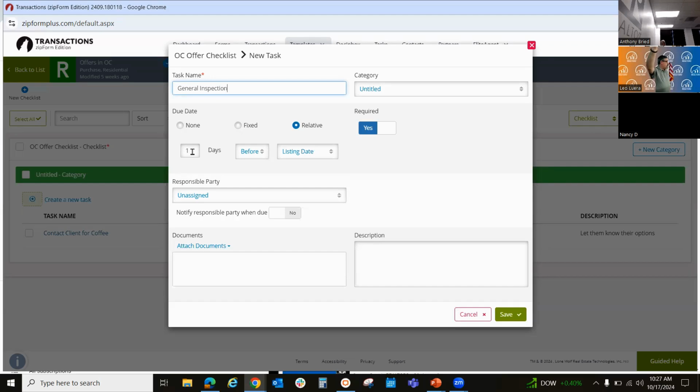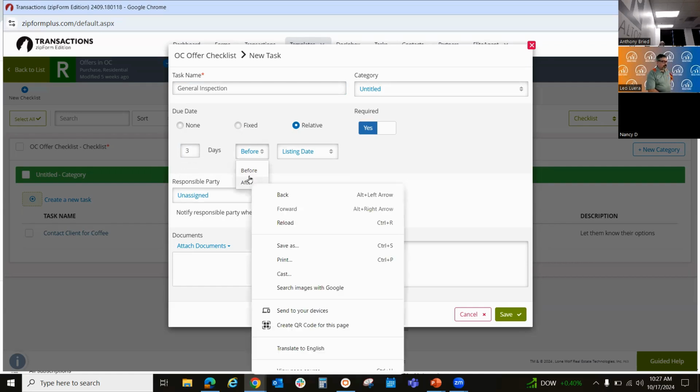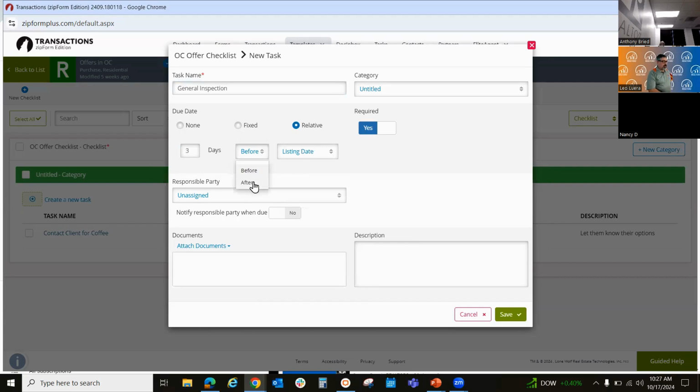The faster the better, right? So how many of you like to do an inspection at least within 2 or 3 days? Good. 2 or 3 days before or after a time period. Do you do it before acceptance? Do you do it after acceptance? After, right? After